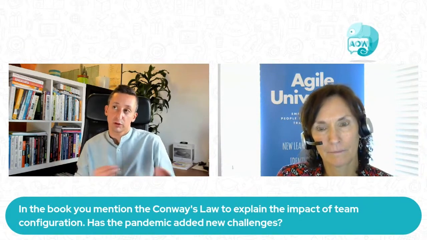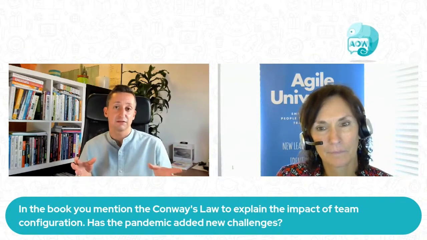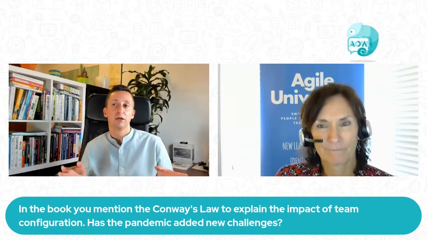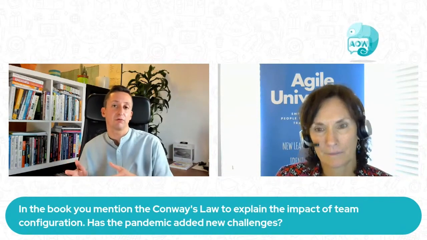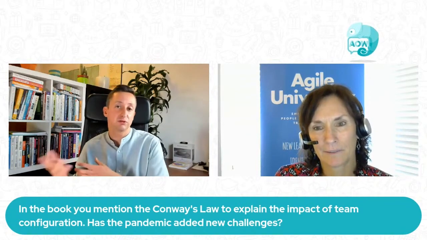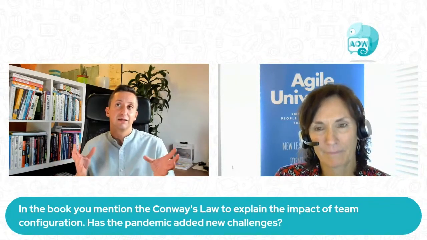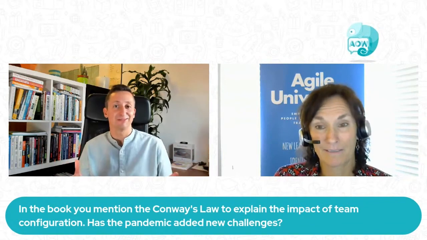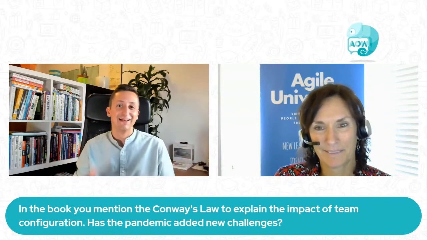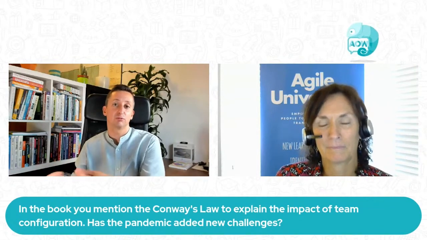And so the workbook also talks about how we organize our online spaces, which are more predominant now, to promote the right kind of collaboration and communication between teams. So it's easier to discover which other teams we should be collaborating with, and where. Because that used to be in the office, but now we're not in the office. So where are they? They're online, but which specific spaces online should we be using?